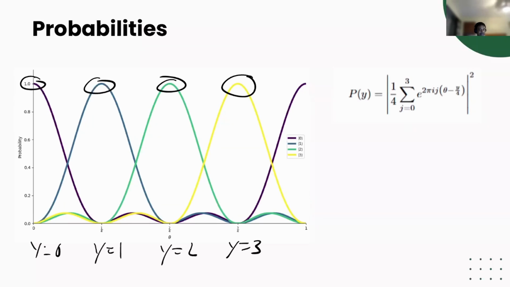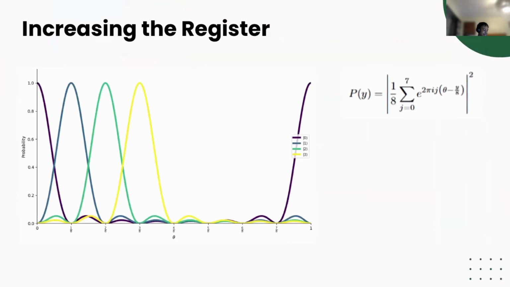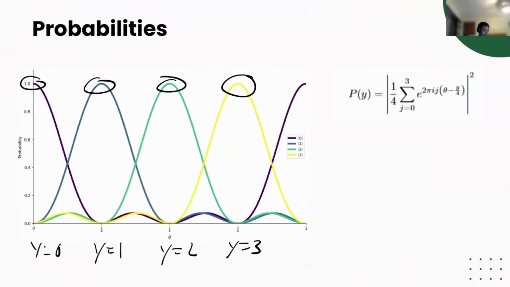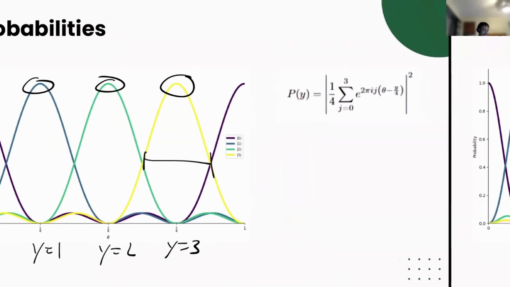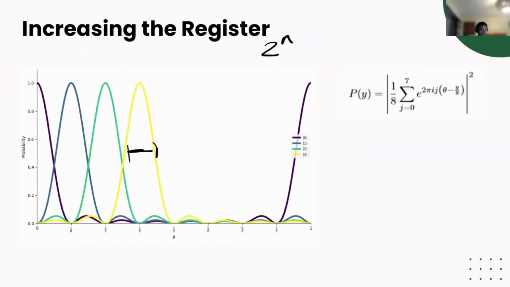And we should see what happens when we increase the quantum register, right? So we're not guaranteed to have theta be any one of these values. This is just a special case. But when we increase the number of quantum registers, we'll increase the number of peaks. And so we'll have, in fact, 2 to the n peaks. But just to show you how this relates to what we were doing before, I've only included the first 4. And as you can see, these peaks get much narrower. So if we looked at what it was before, in fact, it got twice as narrow. So we squeezed our precision of what theta can be by increasing the number of registers.